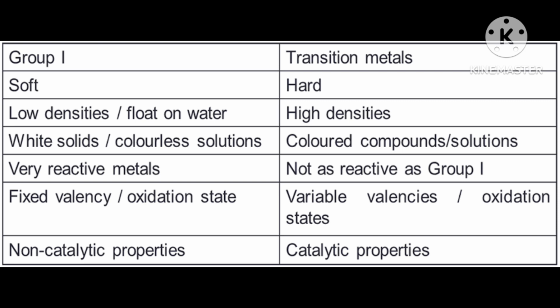Very, very important point. The ability of oxygen to stabilize these high oxidation states exceeds that of fluorine. Means oxygen stabilizes more than fluorine. Correct? You know that fluorine has the highest electronegativity in the whole periodic table. Despite that, the ability of oxygen to stabilize these high oxidation states exceeds that of fluorine.